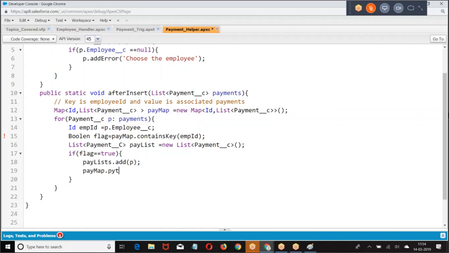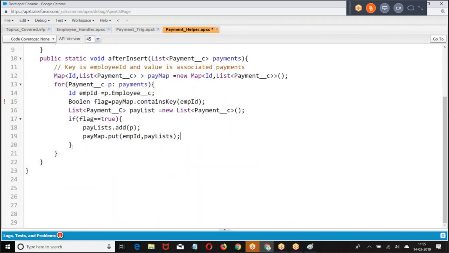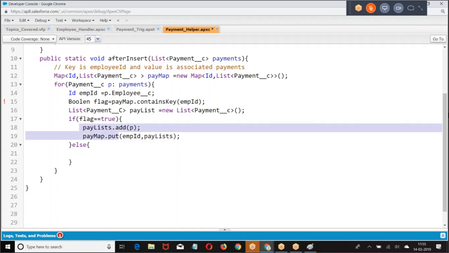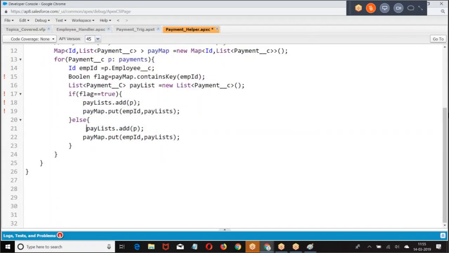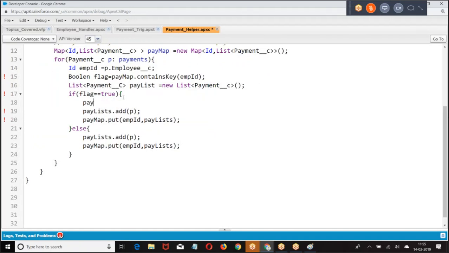Pay map dot put employee ID, comma. If it is not there, now here I was supposed to make one extra statement. What is it? Pay list